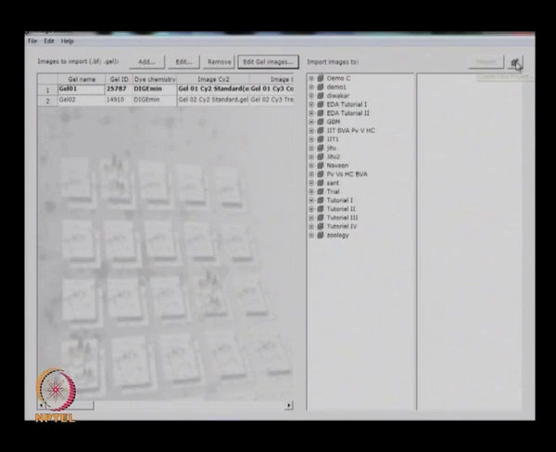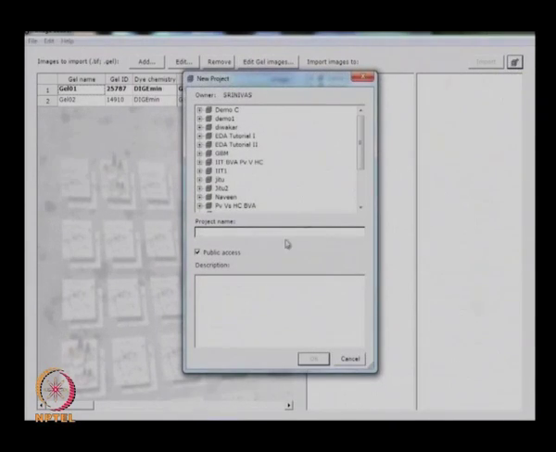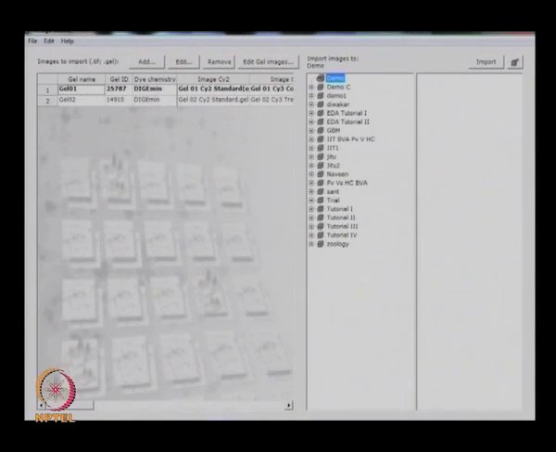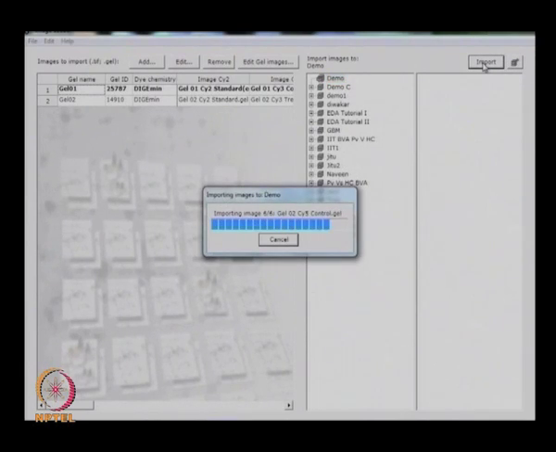Then you have to create a new project. Your project name would be according to your project. This is demo. Okay, now we have the project name of demo. Now you can import these 2 gel images into the new project we created. Just click on import. Now these gels will be imported into this